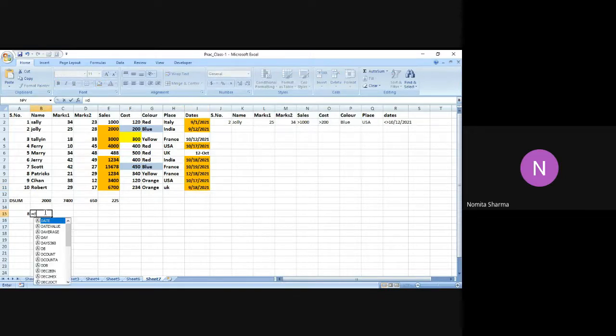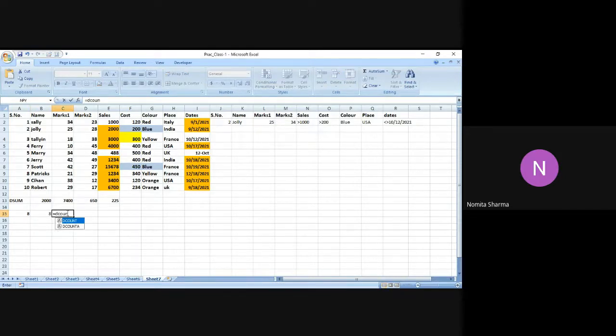Let me use another function. I say equal to DCOUNT, and I give the bracket. I select the whole database. I say now the field which I want to count is, say, sales, but it has to be in the same manner. And I want to count the sales which are, say, more than 1000, and I get 8 again as the answer. And let me check again. So it is 1, 2, 3, 4, 5, 6, 7, 8. 8 indeed is the answer that I'm getting.